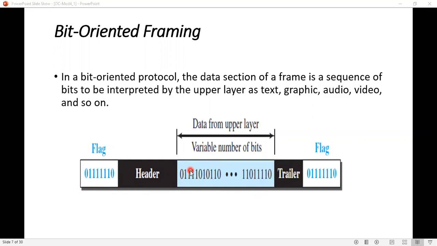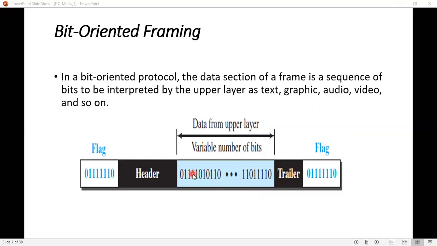Whenever you are sending this variable number of bits, and the receiver sees a 0 followed by 6 ones and then one more 0, it might interpret that it is the end of the frame and it will stop.